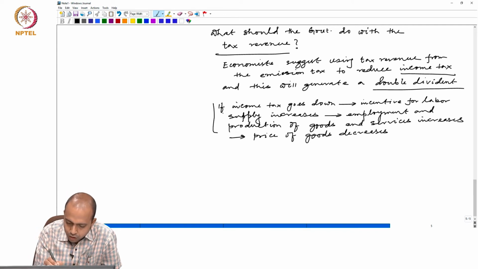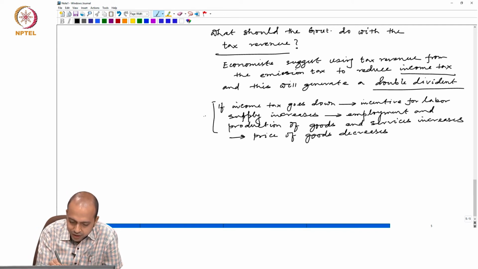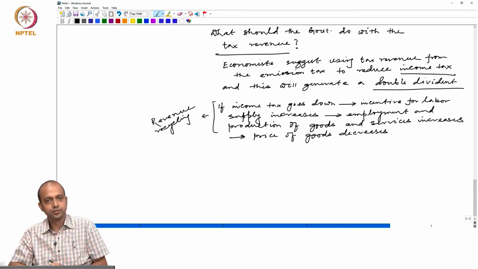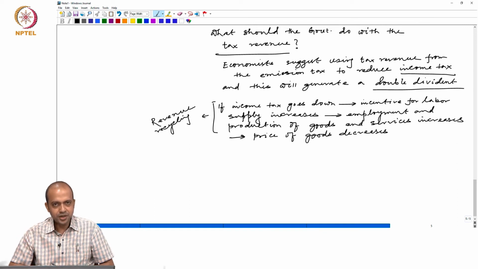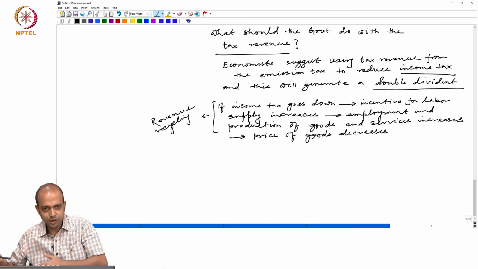So, this is called revenue recycling. I am getting revenue from this emission tax, I am using the revenue for some other purposes, but